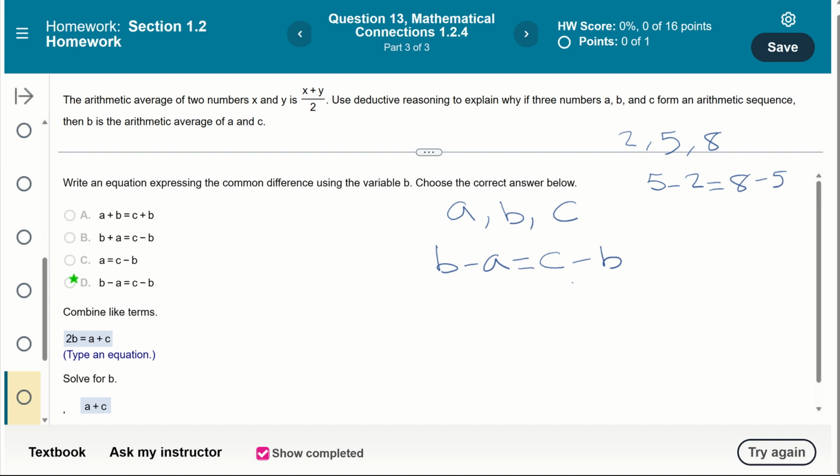So we'll start by adding b to both sides. That brings us to 2b